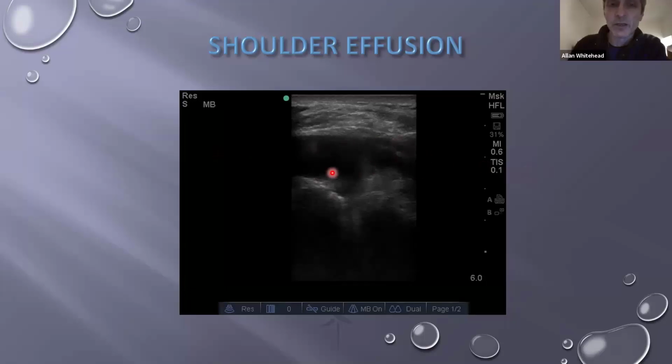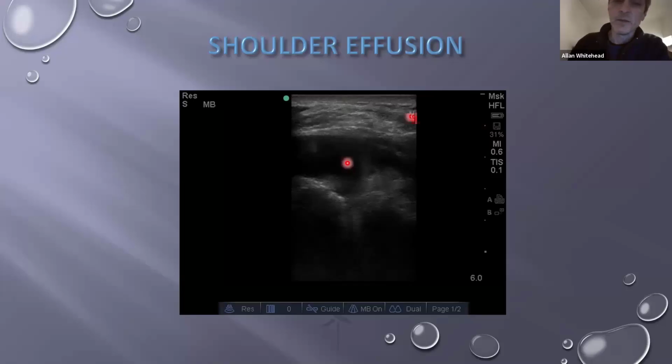So a big effusion. And this, I just dealt with this with X marks the spot, because you've got a massive target here. It's not subtle. When they come in with symptoms, generally the amount of fluid is large. And you don't need to guide the needle into this. It's much simpler just to X marks the spot over the deepest point, and then work out how many centimeters you want to go in. And we can count the number of centimeters here, 1, 2. So your sweet spot's going to be, I've lined up with the deepest spot, about 2 centimeters